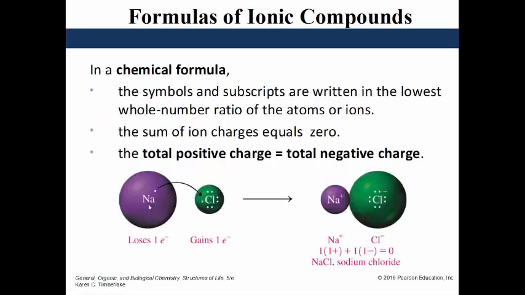Now we'll move on to the formulas for compounds. In a chemical formula, the symbols and the subscripts are written in the lowest whole number ratio of the atoms or the ions. The sum of the charges needs to be 0. The number of positive charges will equal the total number of negative charges, so they can balance out. So for the example we just talked about,